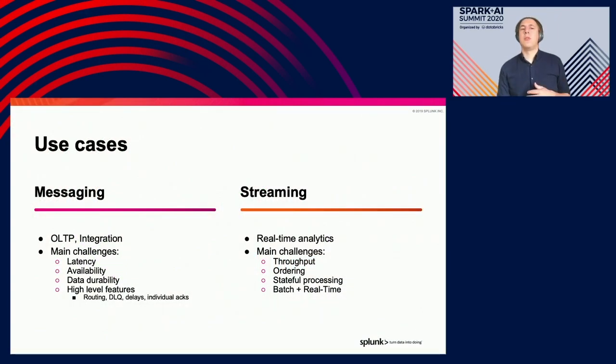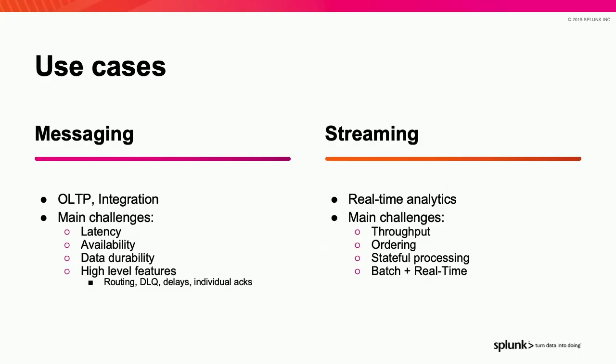If you dig down into use cases, for messaging you typically have online transactions and integration between different components. The main challenges for messaging are typically around latency, because there's a user waiting on that message to be published, availability, because if the system is down the user will see downtime, and data durability. If you say create user account and that message is lost, then that's a very bad user